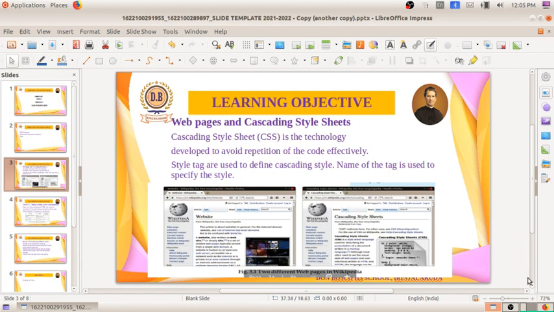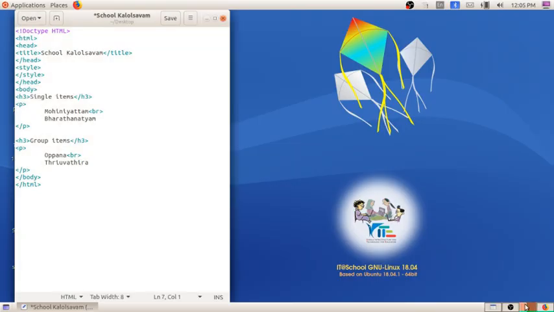In your textbook itself, you can see on page number 35, figure 3.2. It is a simple HTML code of School Kalolsavam. We have given the title School Kalolsavam, and in the body we have included the contents, single items and group items.